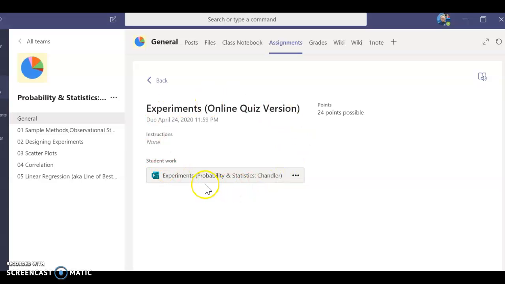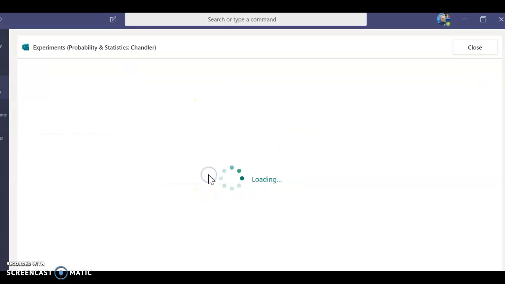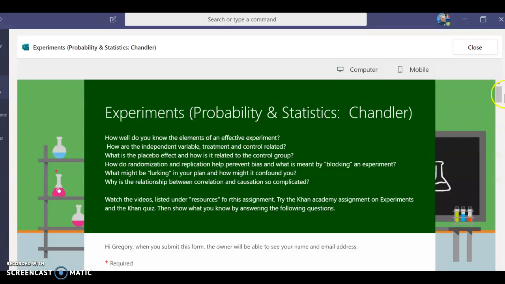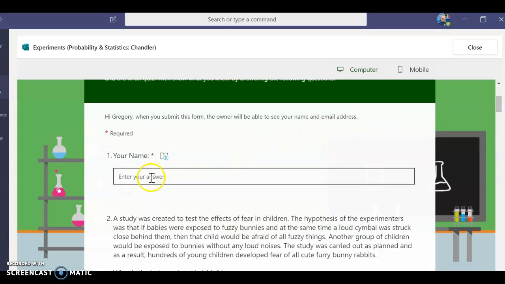And this is what you're going to see. If you click on experiments, it'll take you to the Microsoft form of the quiz. So it should look like that. And the first thing it asks for is your name. It should actually know who you are anyway because you went in through Teams. But if you use the link and go in some other way, it doesn't know who you are. So I put in a question to please put in your name. And don't put in something silly because I might get confused and not know who you are and not give you credit, which would be a shame.